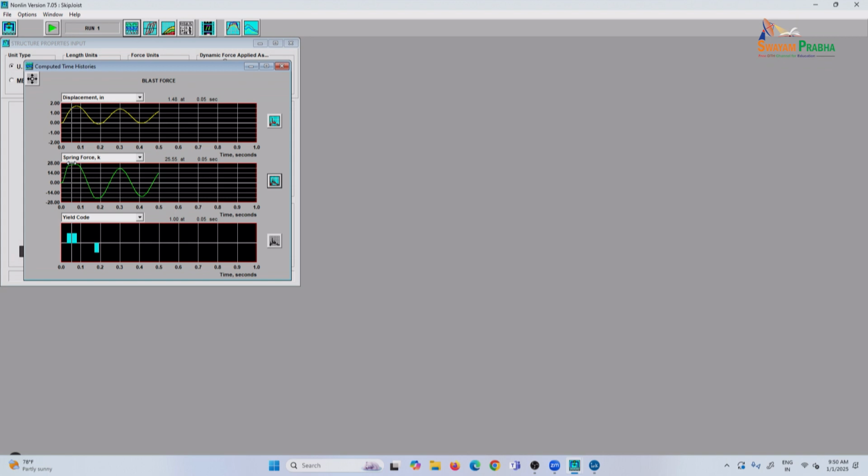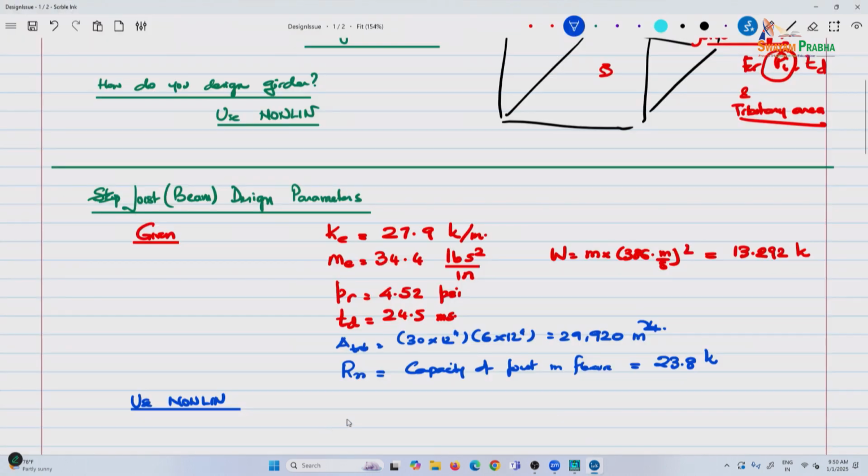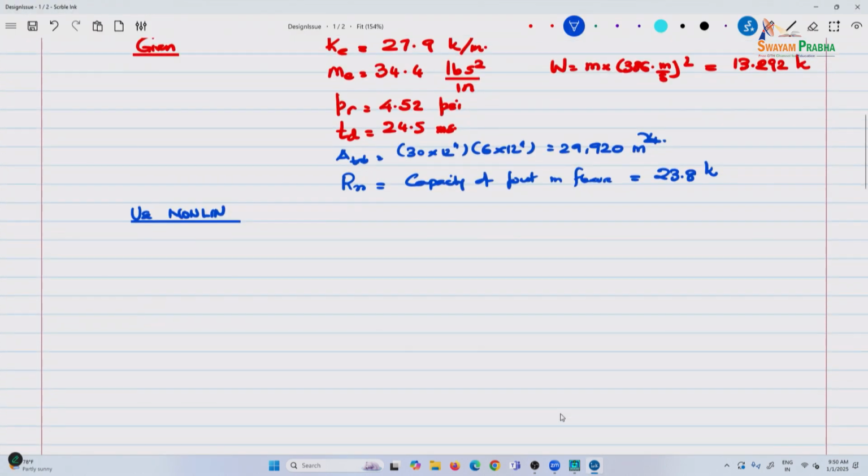Let me go back here, and so from nonlinear what I get is delta dynamic equal to 1.739 inches. The time period Tn is 221 milliseconds, and then the dynamic reaction is